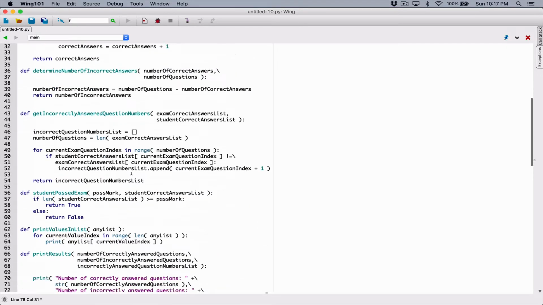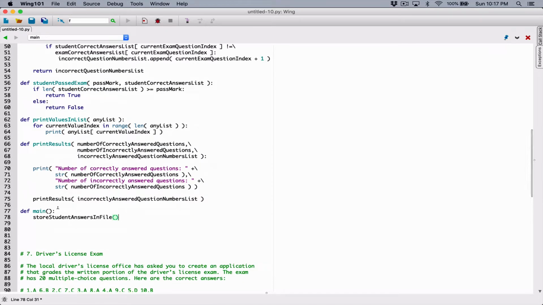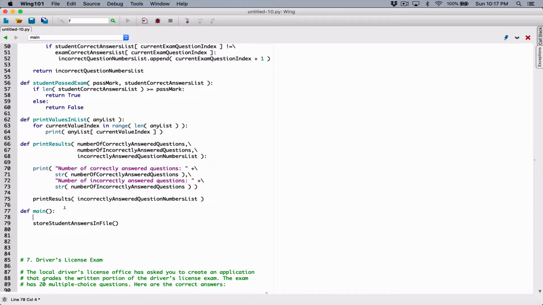And so down in my main function, that is a long program, I'm going to create the file name as a constant. I like to store values in constants and variables and all that. So I'm going to store it as a constant. I'm going to call it file_name. By popular convention, constants are named in uppercase, and if it's more than one word, an underscore separates them. So file name is going to be equal to,